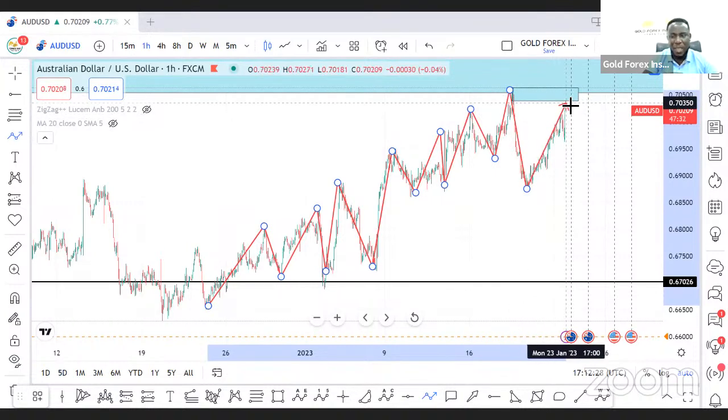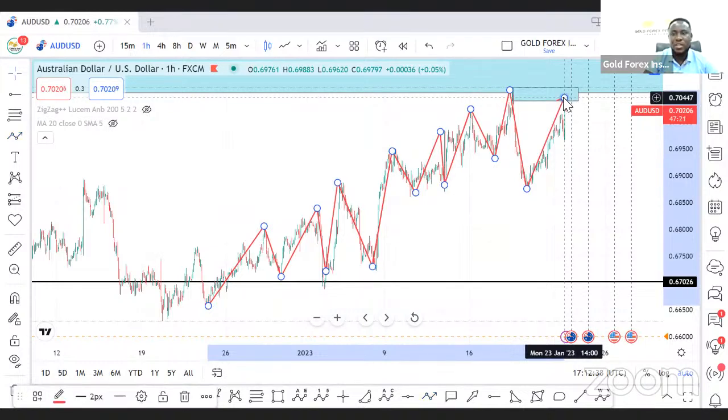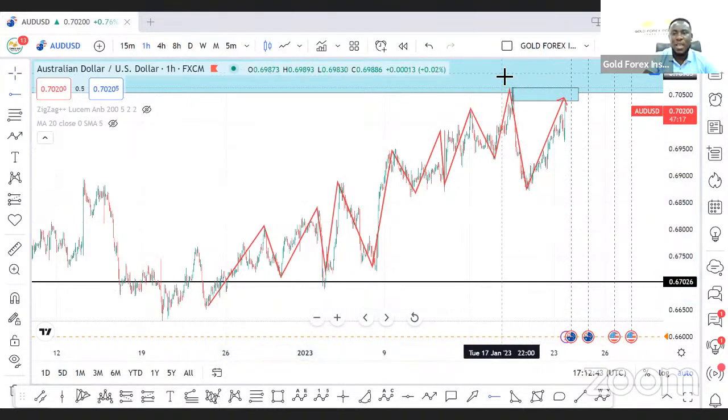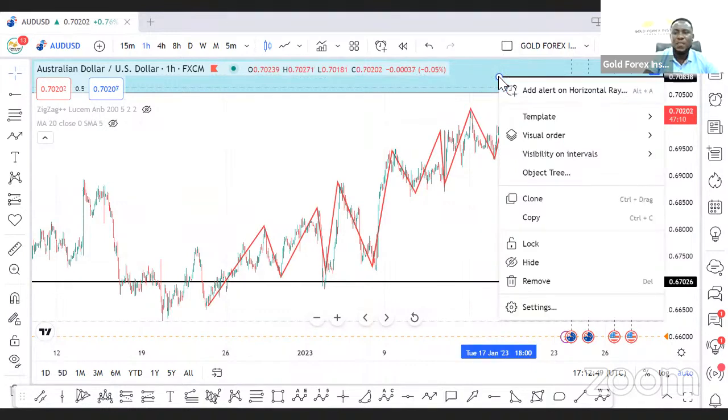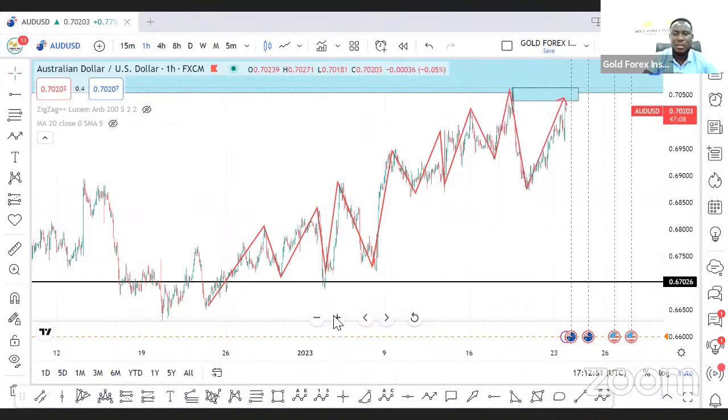For me, remember, it can even come and form equal highs. It's possible. But at this point, if you want to pick a trade over here, it's also a very good place to pick a trade. Okay. Then maybe your stop loss above the highs. Now, this will also mean that if you should sell from here,